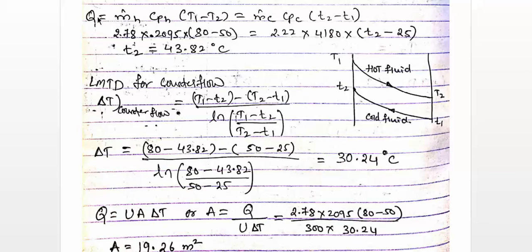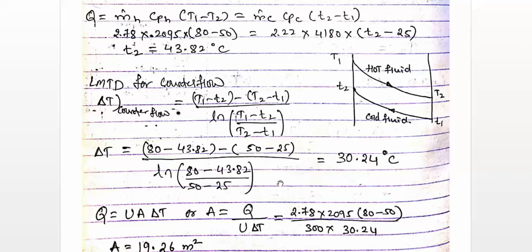So better you check by substituting the values, you check for this equation as well as for this, whichever the higher value you are getting, you can take that as Q value. So at present I will go with this equation, m dot H Cph into bracket T1 minus T2. So this is nothing but the rate of heat transfer, that is Q through the heat exchanger. I will go with this value.